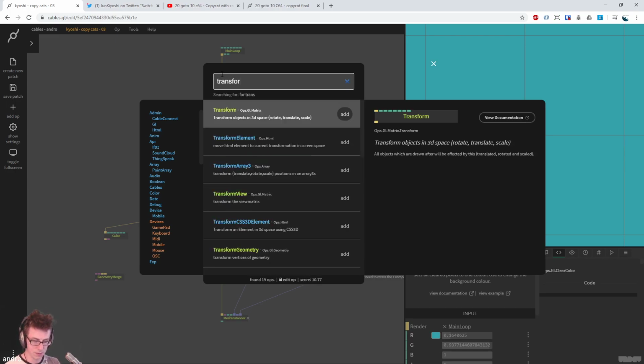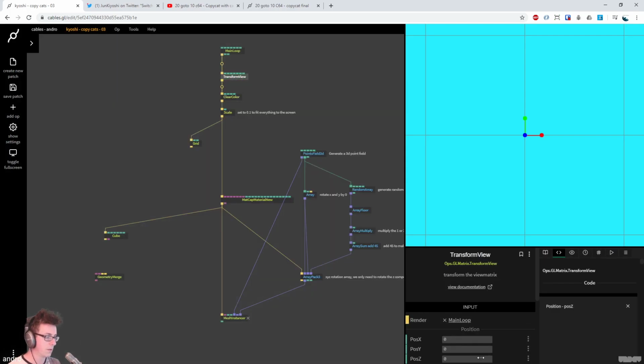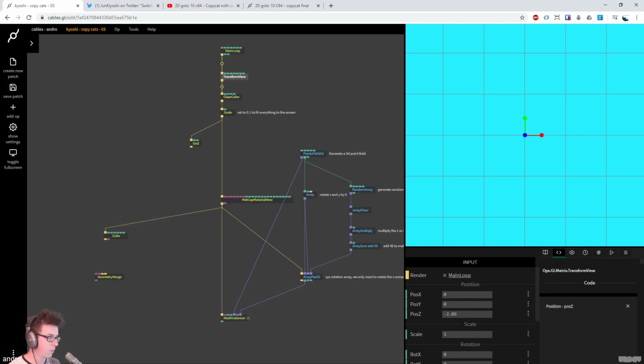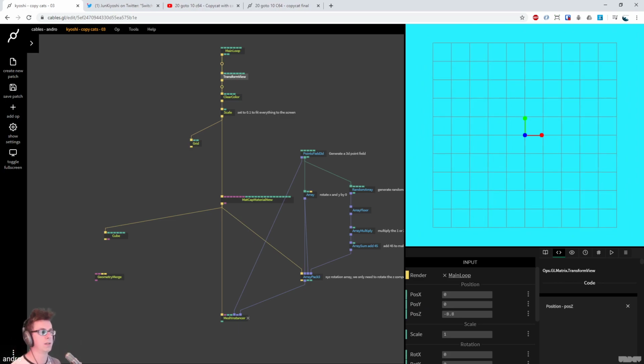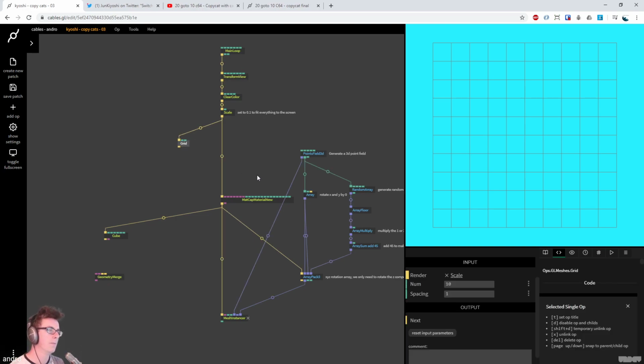I forgot how to type. All right, transform view. Let's pull this back. So we're just moving our viewpoint back in 3D space. We're not scaling anything, okay? It's like moving your phone away from something that you're filming. All right, so there's that